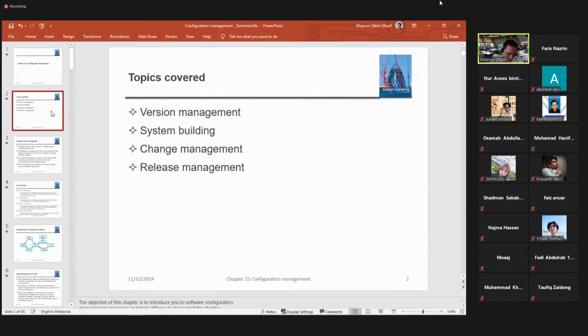Okay, so these are the topics covered in this chapter. Version management. The scenario that I told you just now is actually related to this chapter, which covers version management, system building, change management, and release management. Now, the first version, the one that I uploaded, covers version management, but somehow it is also related